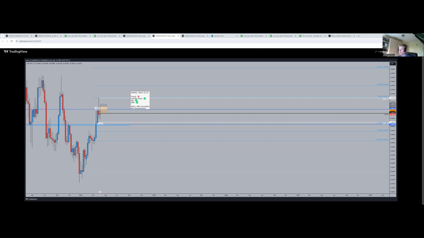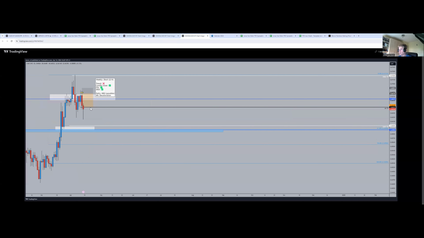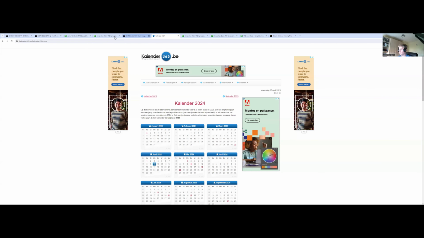And then the fib from this low to this high, we had here a minus 60, minus 80 around that region. So this is also clearly a bearish criteria sign. So 3 out of 4 to take that short. And then this was a decel and the daily was a head and shoulders. So this was a clear trade. Then